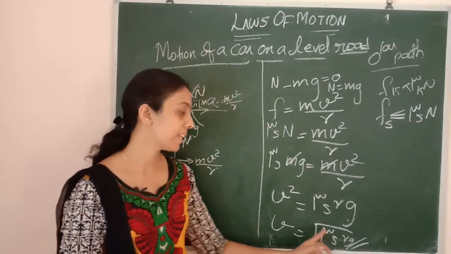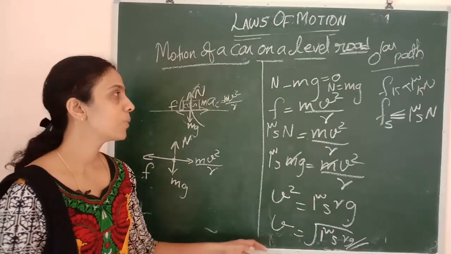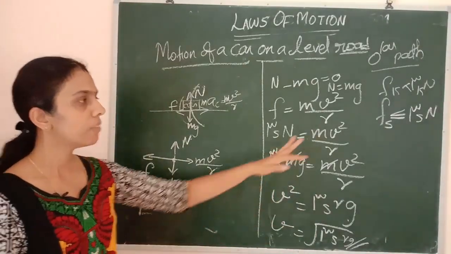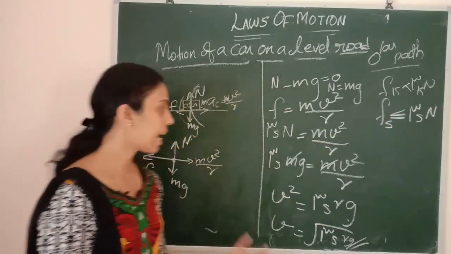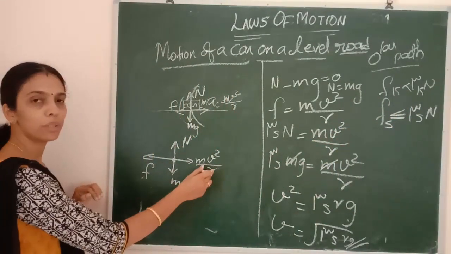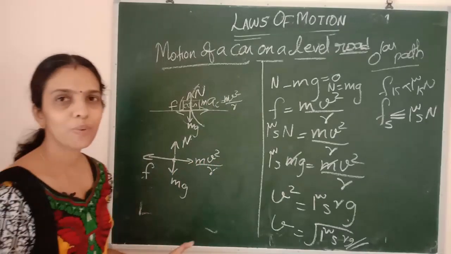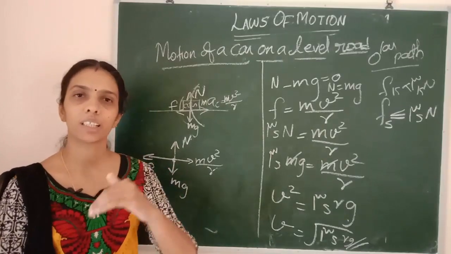Okay, so V is equal to root of mu s into rg. Clear? So this is the maximum velocity. Less than this is also okay. If we are taking less than this, the static friction will be affecting it. So the maximum static frictional force will be equal to mv square by r. Clear? Next we are going to find out what will be the velocity of the car while